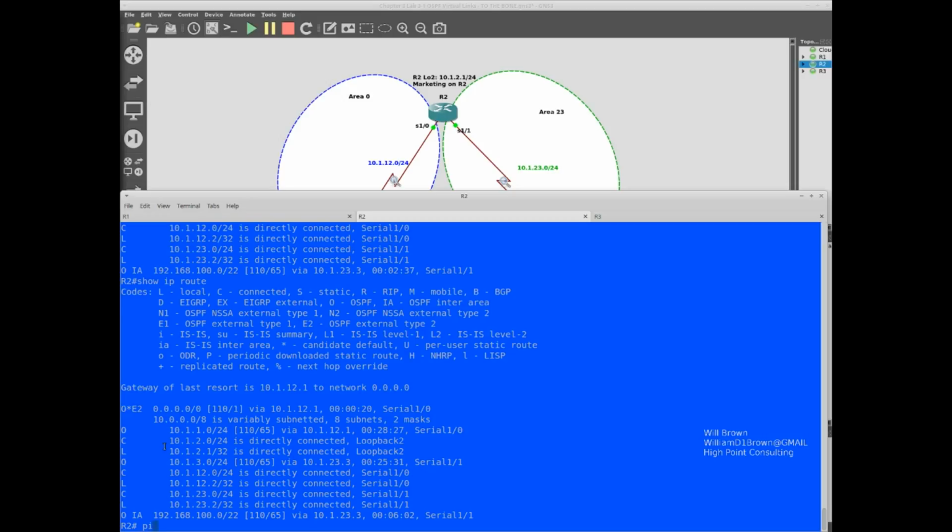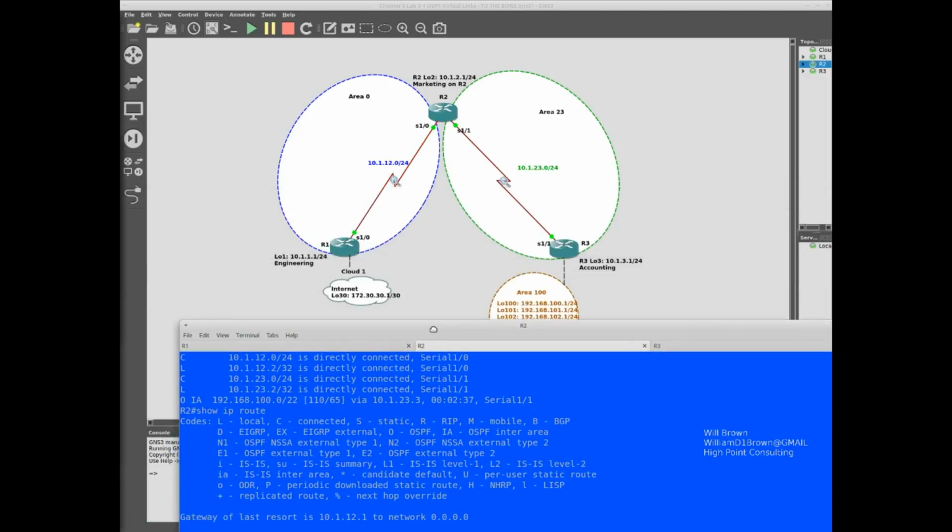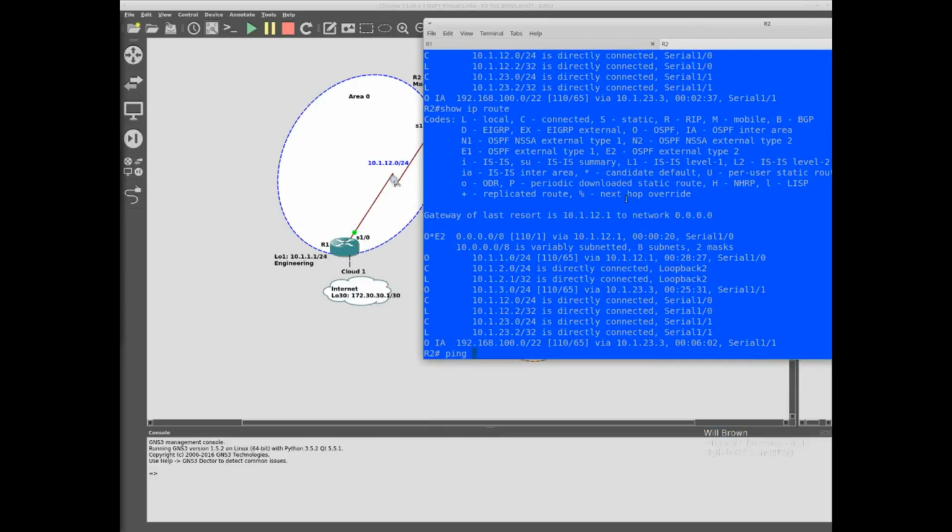Router 2, can we now ping, slow down, can we ping 172.30.30.1?